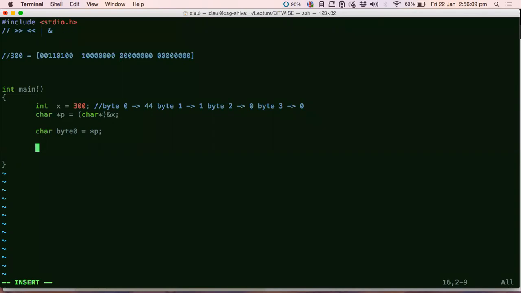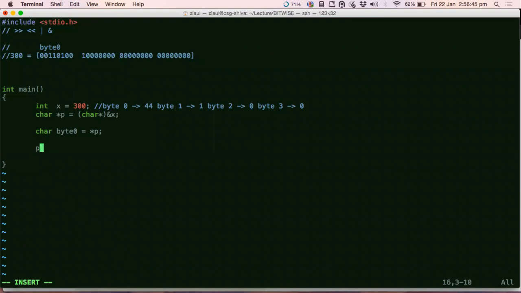Now I want to probe what is in bit 0 of byte 0. So let me write it properly here. This is byte 0. What is in this position? By just looking at it, we know there is a 0, and we have to find that out. How do we do that?